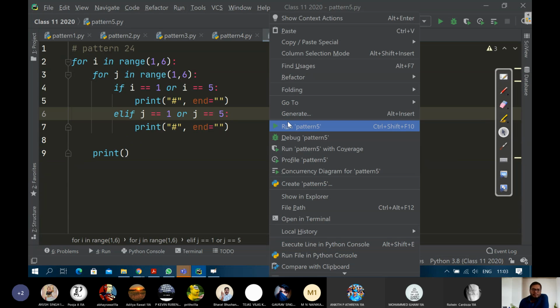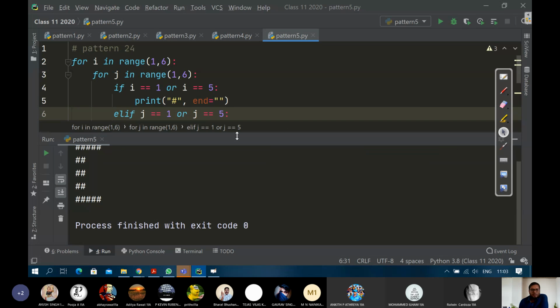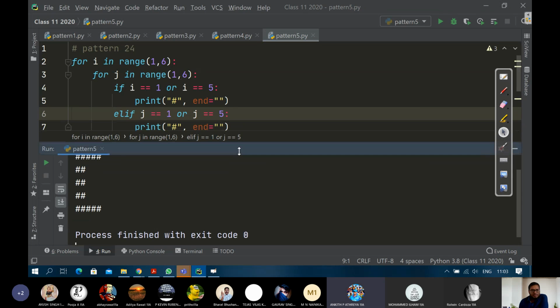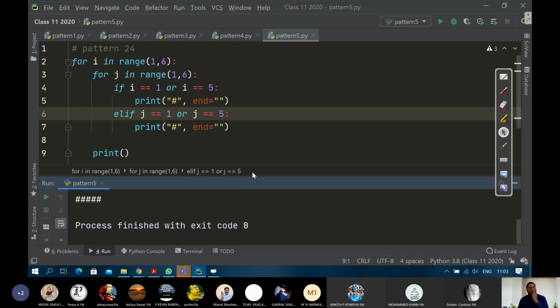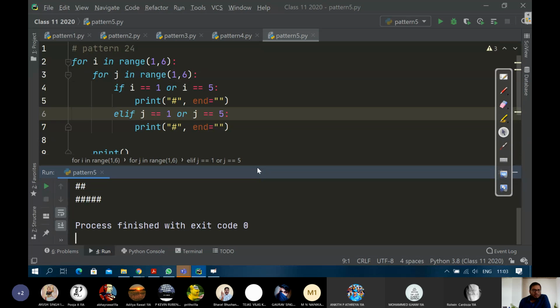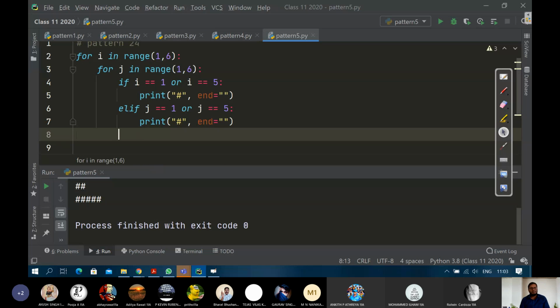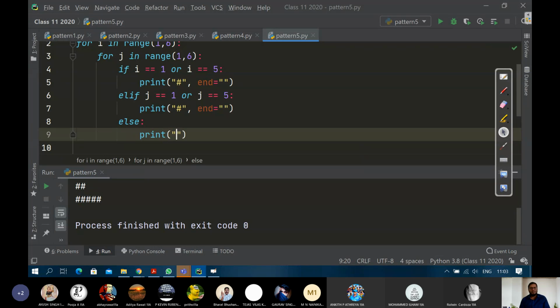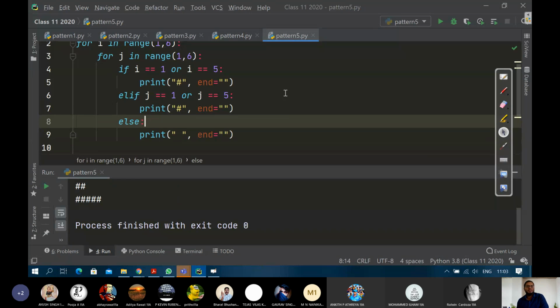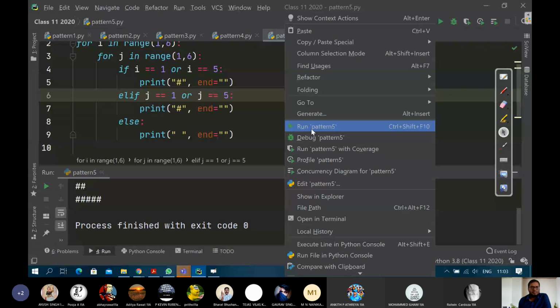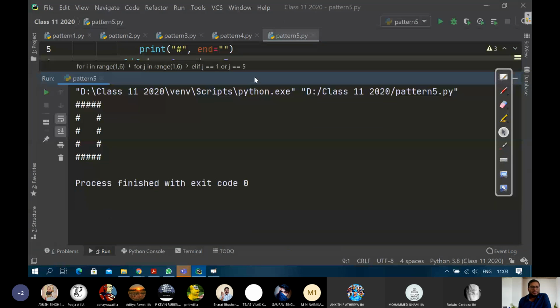Let us see. Oh, wait. Space भी आएगा ना? Else. Space. Correct. So we have to manage the spaces as well. Else. And space. ठीक है,